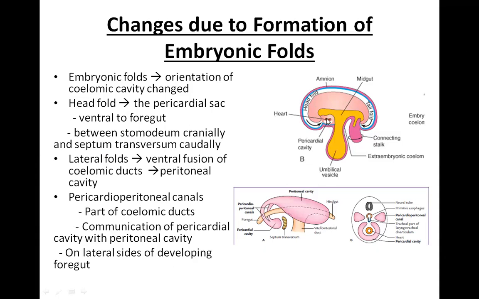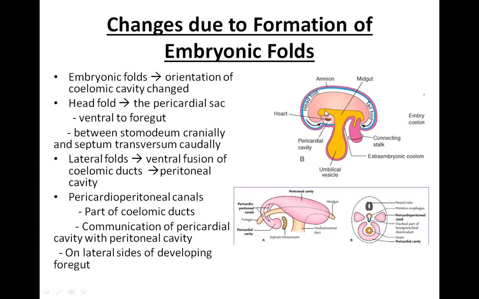The head, because of the head fold, the pericardial sac has moved ventral to the foregut. This is the foregut. This one is the yolk sac. So yolk sac is being incorporated into the embryo. It will form the primitive gut. Now the part which is communicating with this primitive gut, the part opposing it will form the midgut. Ahead of this will form the foregut, and behind this, which is in the tail fold, will form the hindgut, right? So this foregut will give rise to the lung bud also.